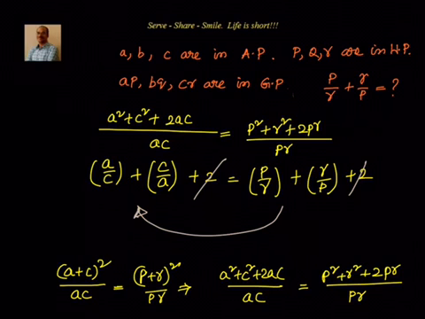So let's try to have a recap of this. We have been given that A, B, C are in arithmetic progression. So we know 2B equal to A plus C. We have been given P, Q, R are in harmonic progression. So we know Q equal to 2PR by P plus R. Similarly, AP, BQ, CR are in geometric progression. So we know B square Q square is AP into CR. Now get the value of B and Q, substitute from 1 and 2 equations into the third equation. Simplify, we get P by R plus R by P is equal to A by C plus C by A.